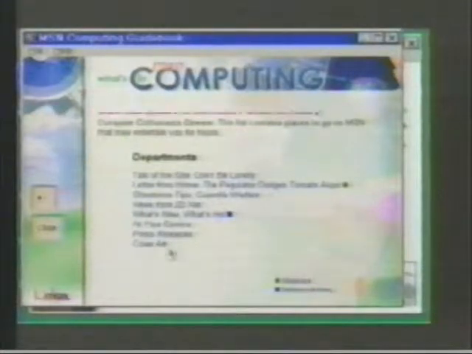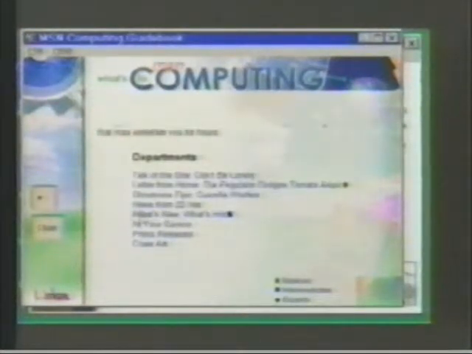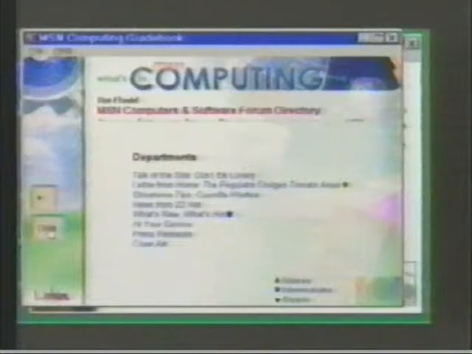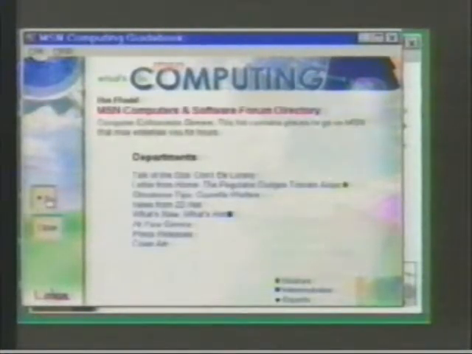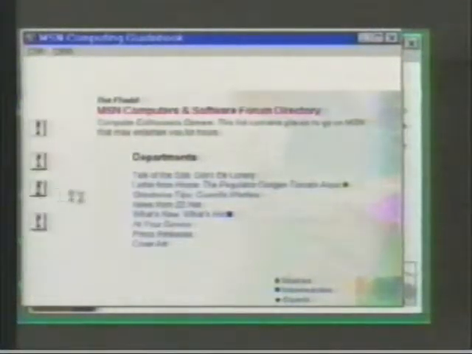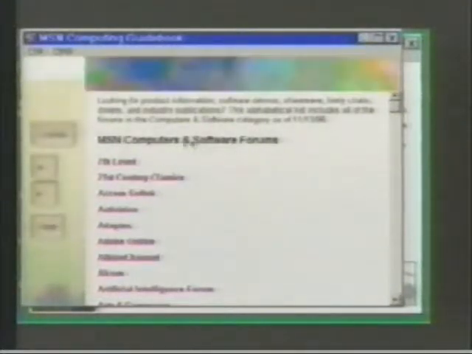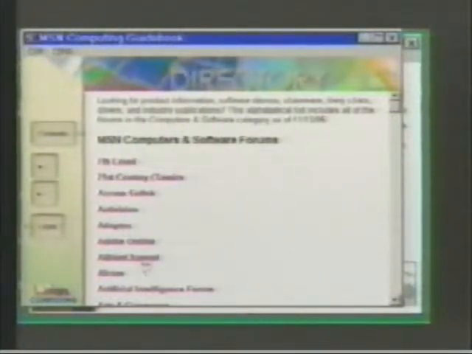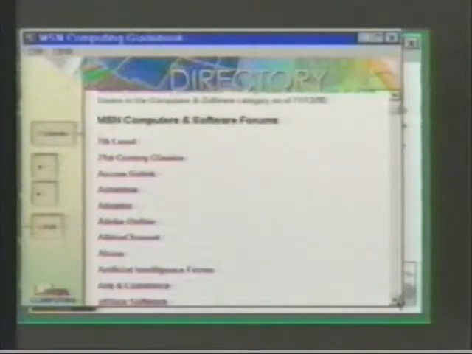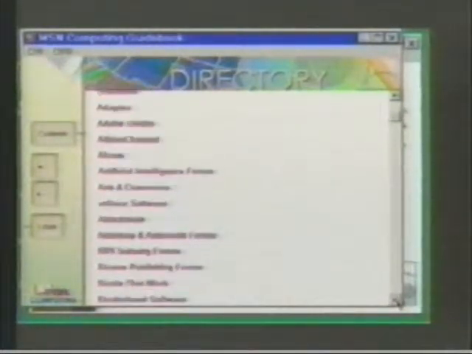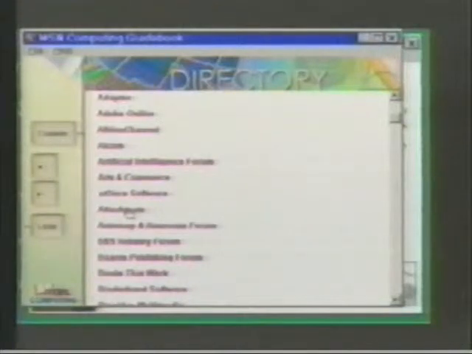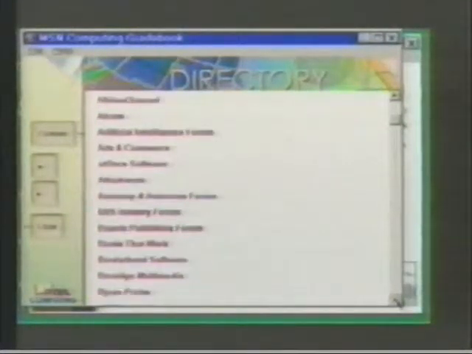And so you can see there's all these different things that you can do. There's what's new, what's hot. You can hit the little close to get out of this window, or you can go to the forward arrow, or page forward, or whatever you want to call it, and it'll bring up the different forums that are computer and software forums. It's the same thing as a lot of the other services. There's Adobe Online, Adaptec for hard drives and hard drive controllers, Attachmate for software to connect to mainframes and AS400s, Broderbund for games,